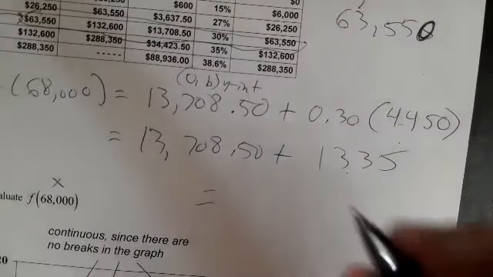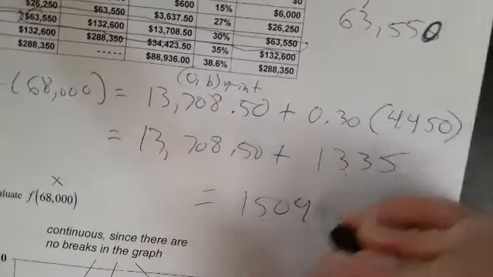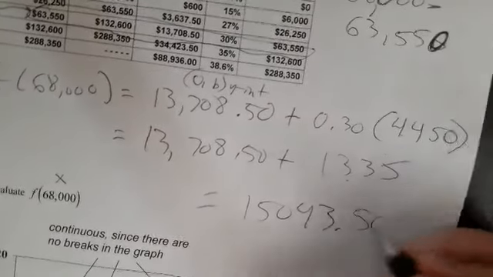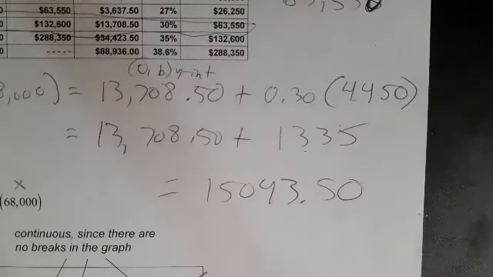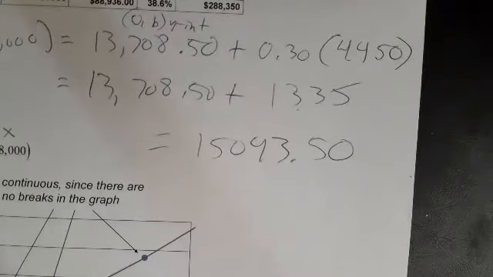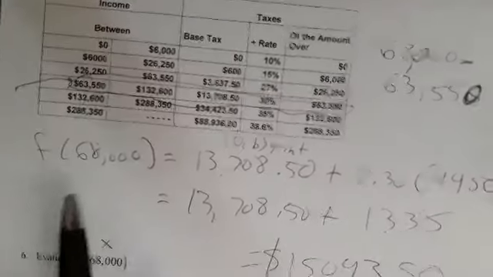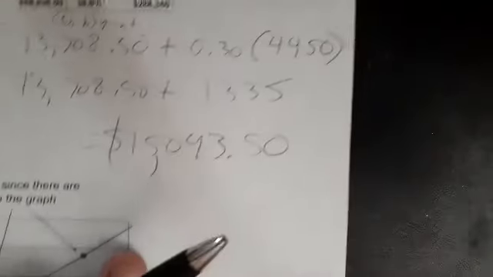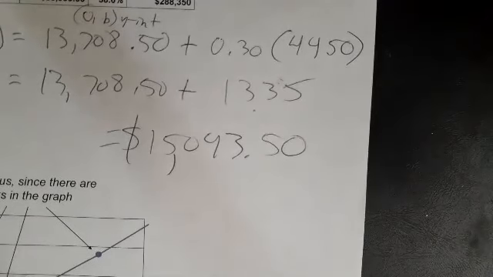We're going to get 15,043.50. And so what we're talking about, if we make a salary of 68,000, we're going to get taxed 15,043.50. That doesn't seem right at all, but